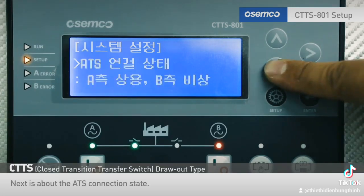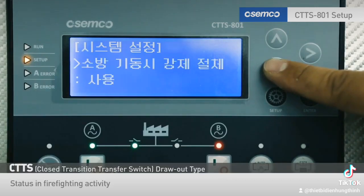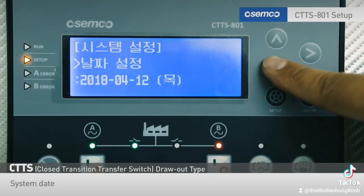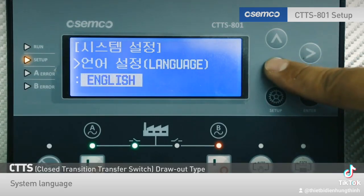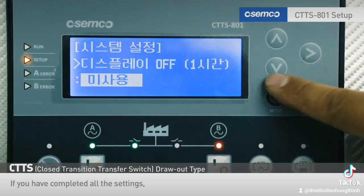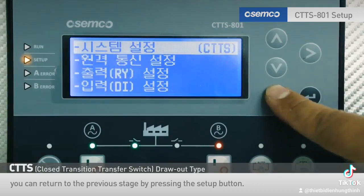Next is about the ATS connection state. Alarm setting. Status in firefighting activity. Automatic transfer during trip input. System date. System time. System language. You can set the display off time. If you have completed all the settings, you can return to the previous stage by pressing the setup